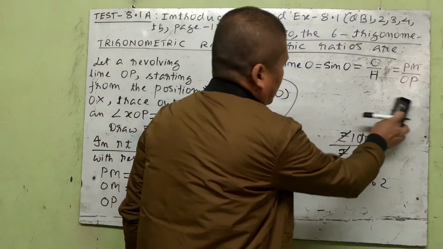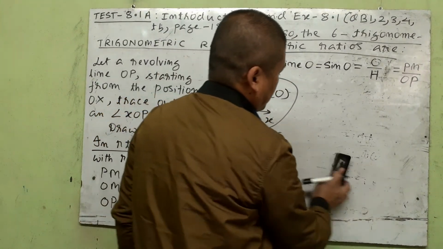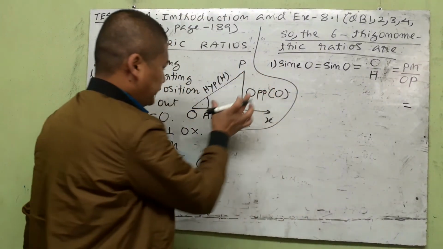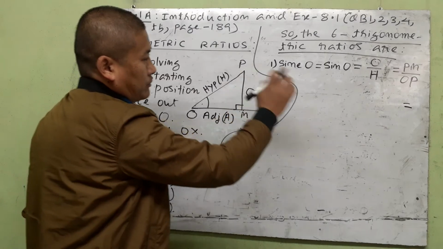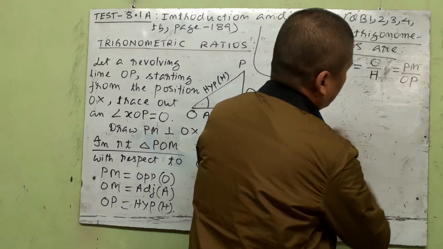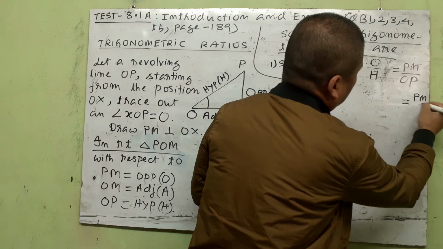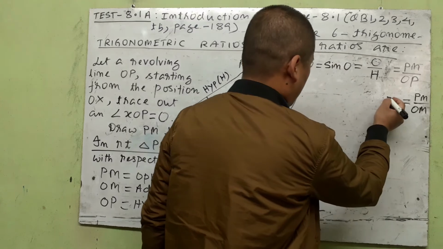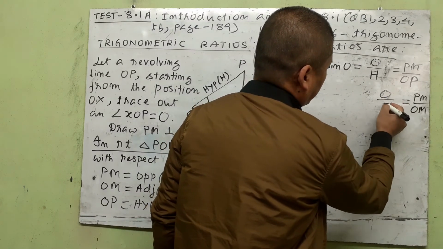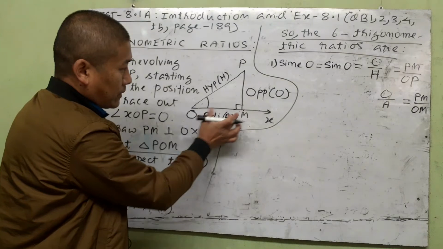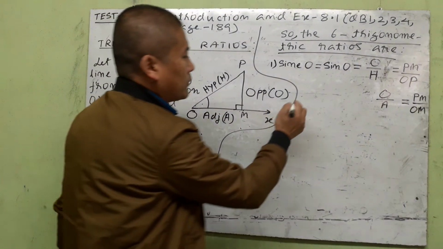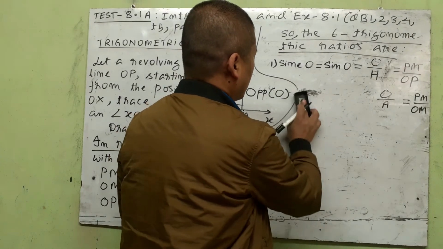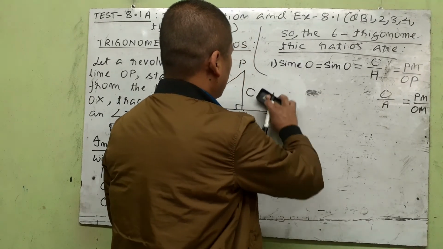So like that, the name of the second ratio, or we can just do one more if you like. We took PM by OP here. Now let us take another, different, new ratio. Let us take PM by OM, let us say. If we did that, that would be opposite by adjacent. PM by OM, opposite side by adjacent. So the name of this second ratio in trigonometry is called,